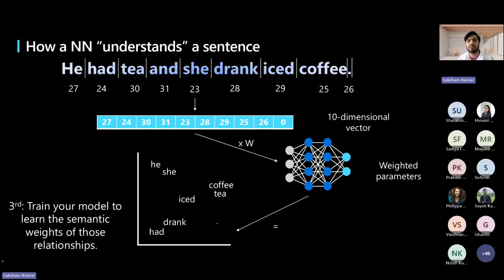So now, whenever you ask a question, what actually happens is, let's say I ask, he drank what? If some question like that is asked, what will the LLM do? First it will divide it. The question will be divided into three parts. He will be divided, drank will be divided, what will be divided.